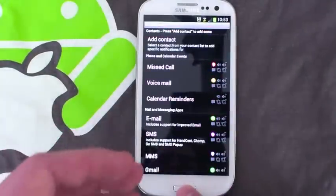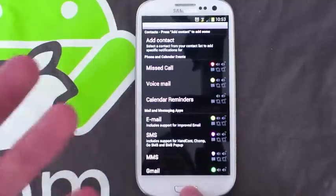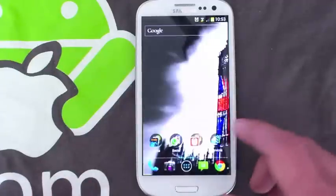To get access to things like WhatsApp, you do need to buy the full version, which I've done, but I think it's £1.50, and it's really worth it, guys. This is a great application. I really like it. Next one is Evernote,